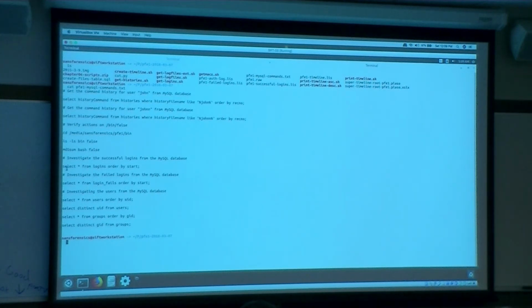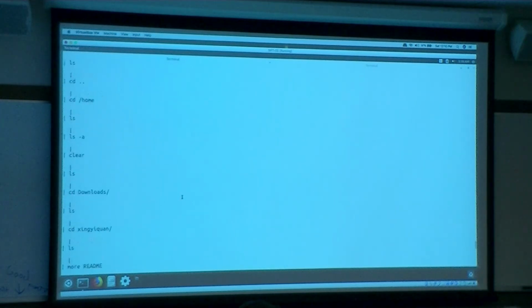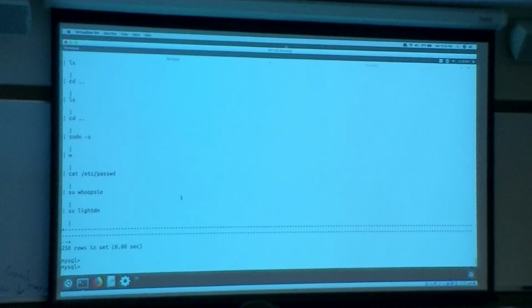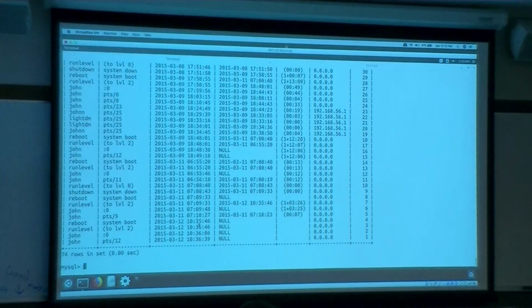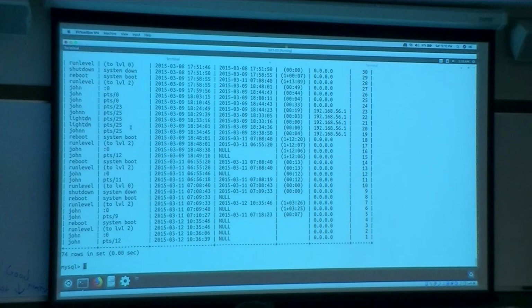Now what I want to do here is look at some of the login information that's been captured in our database from the timeline. And we can see the logins of when things occurred. And let's see where,